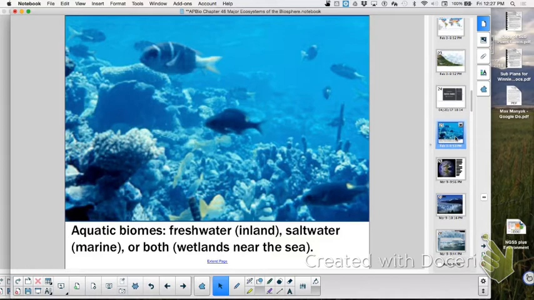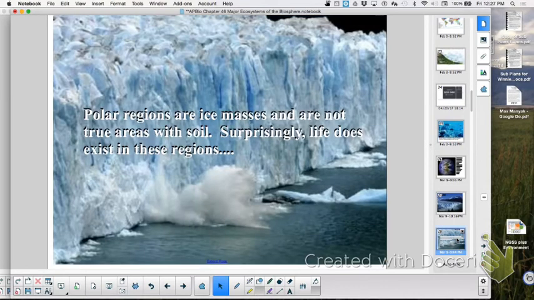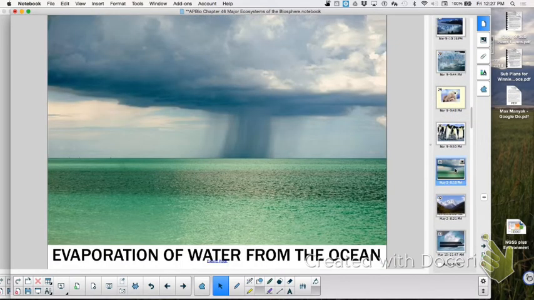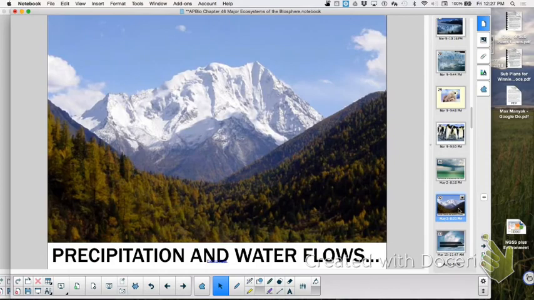Nursery of the sea. And how much of our water is fresh water? And where is most of that? Glaciers, good job. Okay. And then we talked about the importance of evaporation of water from the ocean. We have a water budget, there's only so much water out there. And we talked about snowpack and the importance of snowpack.